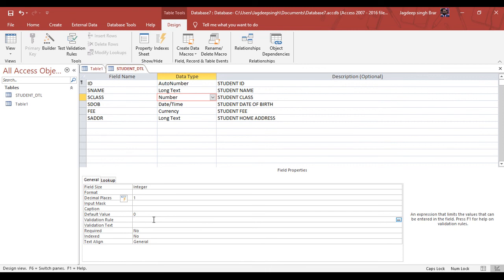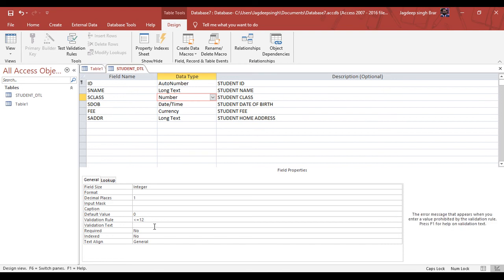Validation rule: if you want to define some condition on your value, you can use the validation rule. With the help of logical operators, you can define different validation rules. For example, in a class column, the user is not allowed to enter a value greater than 12. So we define here that all the values in this column are less than or equal to 12.